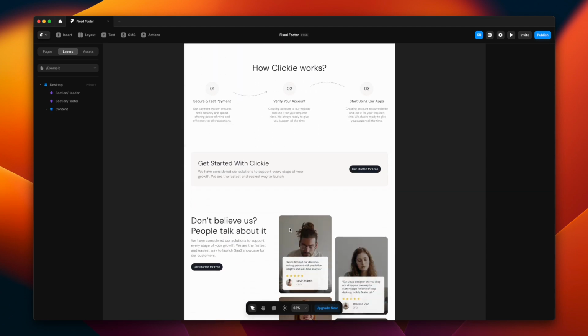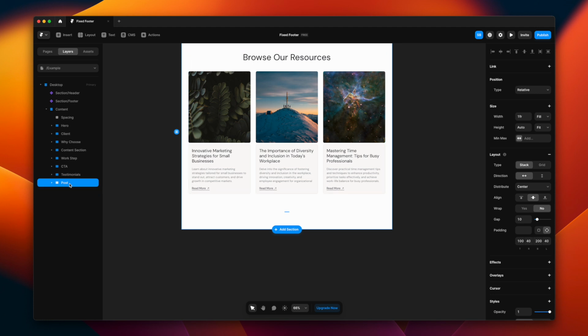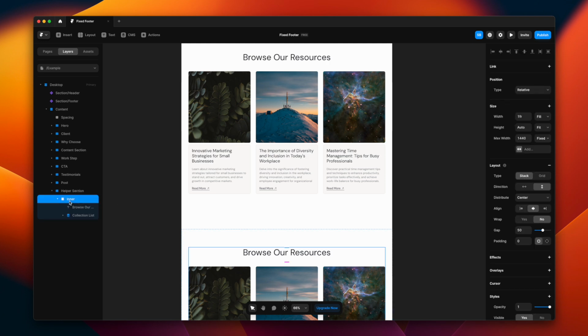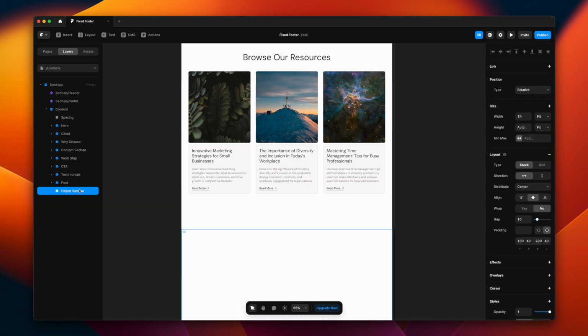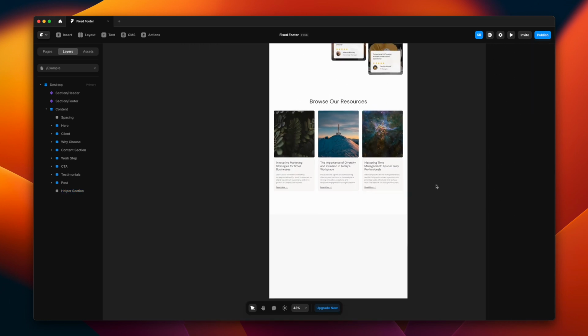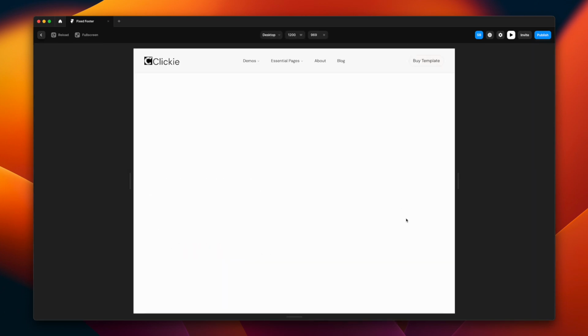I'm pretty sure you can guess what the next step from here is. Can you? Well, let's just go all the way down. And this is our last section. Let's go to content, and I'm going to duplicate the last section here. This is going to be our helper section. The helper section is the one which makes our footer visible. So we're going to get rid of the content here. We'll ensure that the helper section has the same properties as our footer. So we will change the height of this section to 90% of the viewport height itself, and we'll get rid of the fill here.